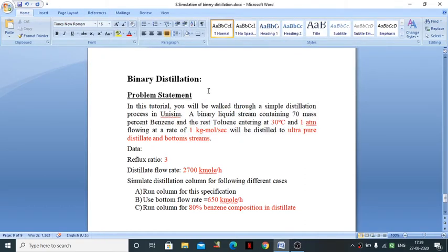Hello friends, in this video we are going to do a simulation of a binary distillation column. So for this tutorial we have the problem statement. In this tutorial you will walk through a simple distillation process in Unisim, a binary liquid stream containing